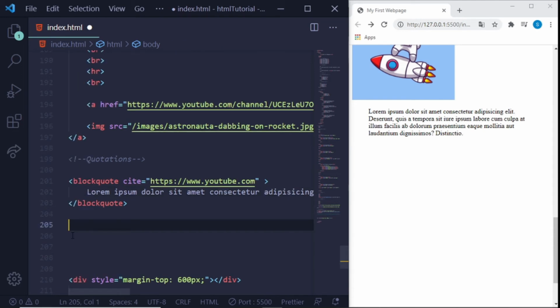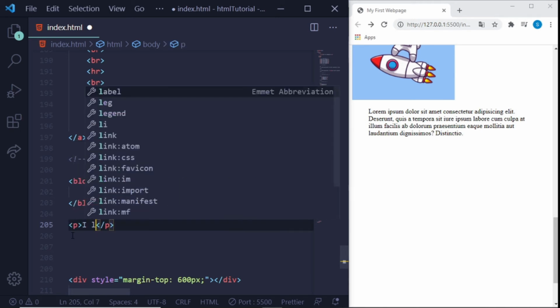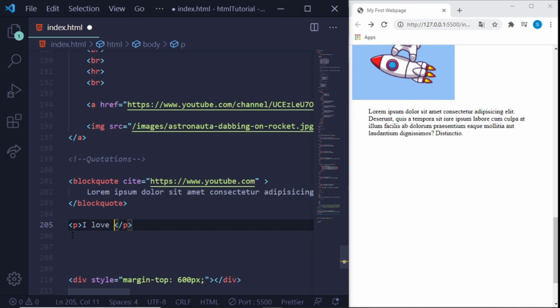The next quotation element is the ABBR tag, or the abbreviation tag. And we do that by, we could have a P tag, and then I could say, I love CFC. And we save that. You can see I love CFC there. Then under CFC, I could just put the ABBR tag, and on the title there I can put the full meaning. So I can say Chelsea